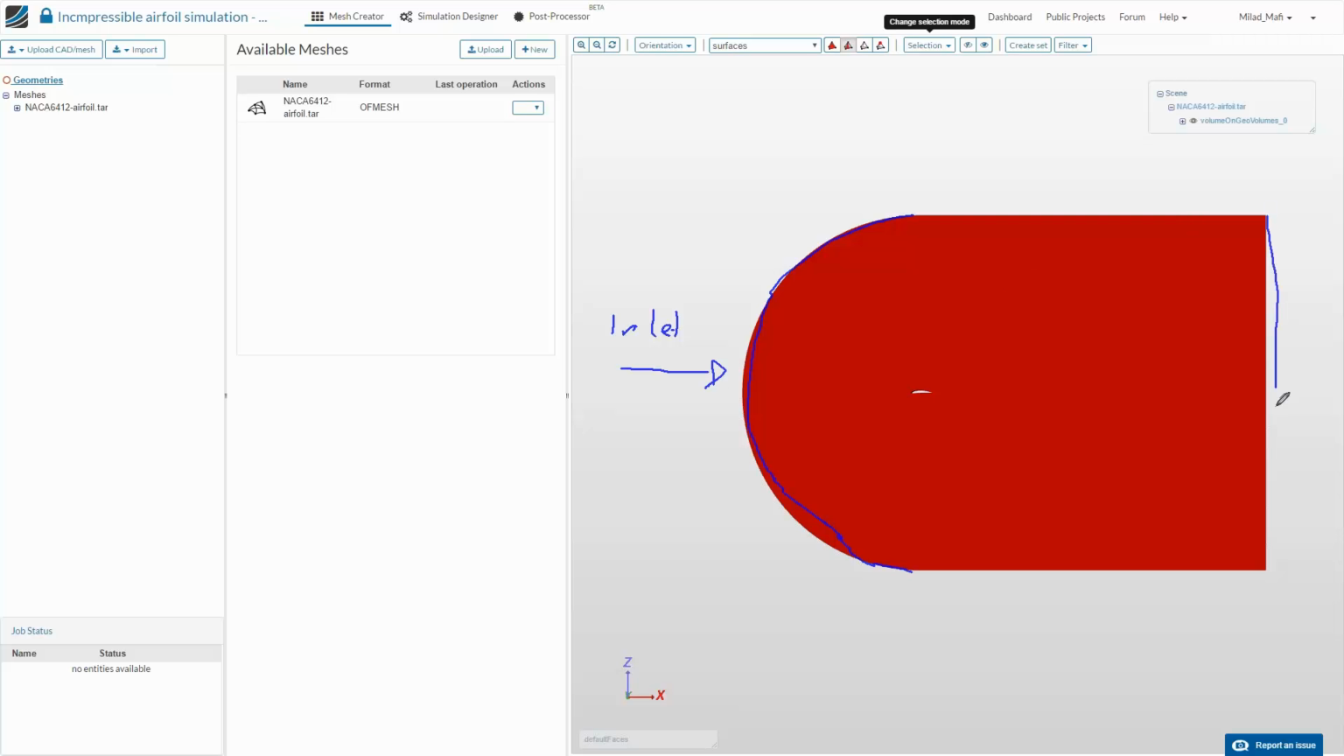We will have an outlet here. And let's make this maybe another color like black. These walls here will be treated like a symmetric wall because they should not interact with the simulation themselves. And this is maybe the most important thing,